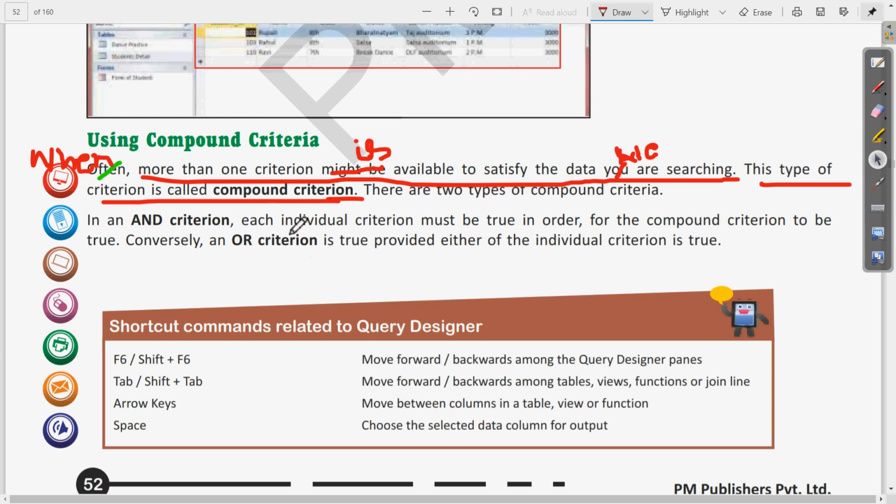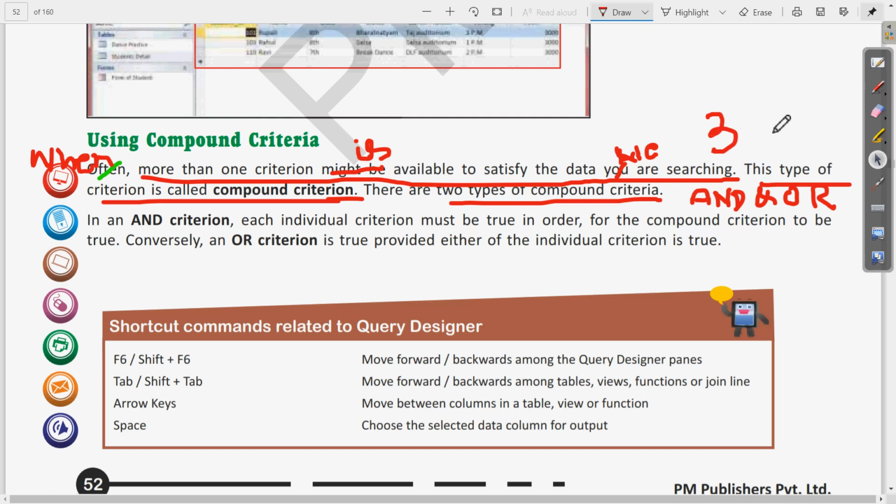So no need to write all of these 2 lines, only write and, or are the 2 types of compound criteria. Or you can write 2 types of compound criteria are and, or, and write the symbol and, or. Clear? So the 2 types of compound criteria are and, or. So this is the first part of the answer, that is 3rd D.